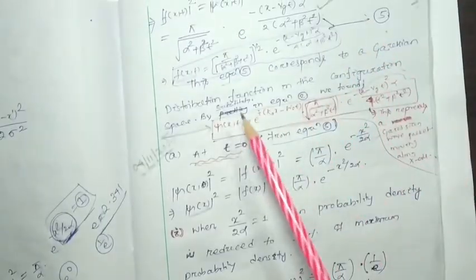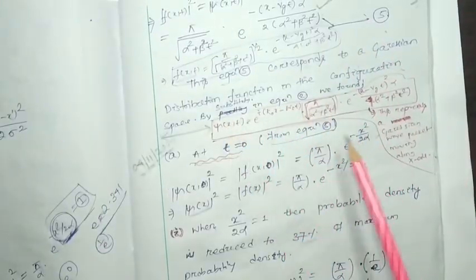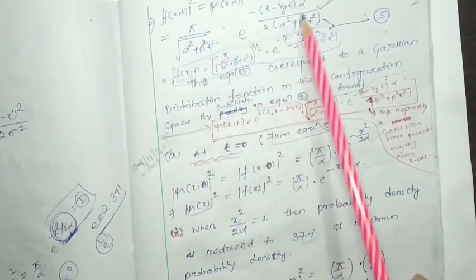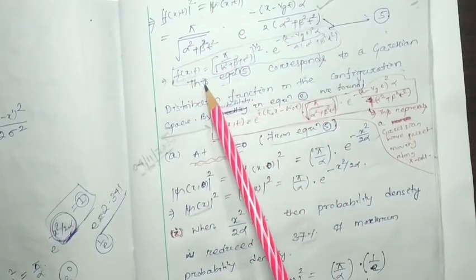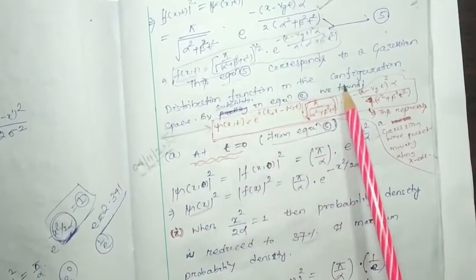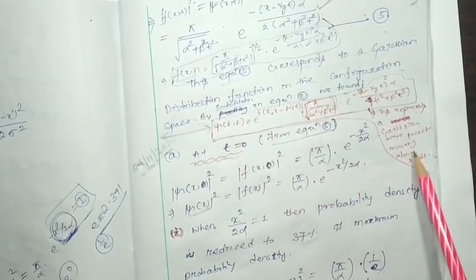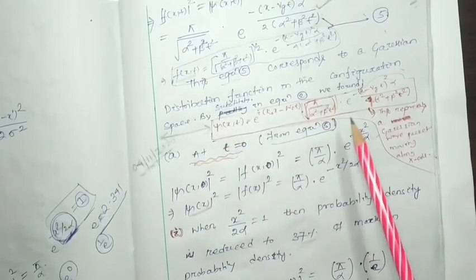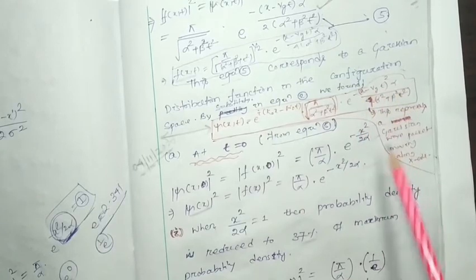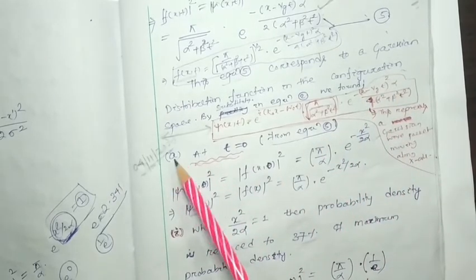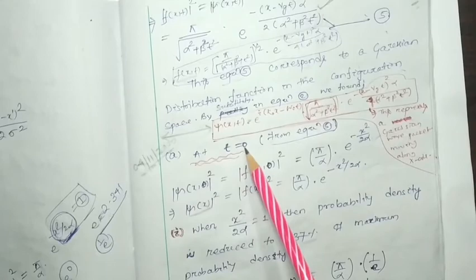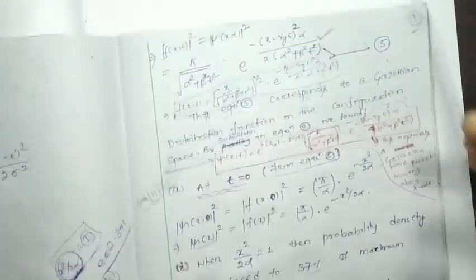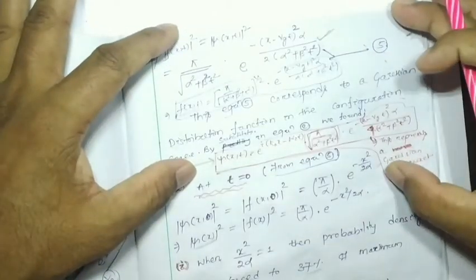See, it looks like somewhat overwriting, but you write down each and every step. This is the first line, second line, the next third line. These are the written things. Then after this part, the red letters also you have to write. Then you have to write at t equal to 0 from equation number 5. Then you have to write those things. This is somewhat overwriting, but I suggest that you write this much carefully.